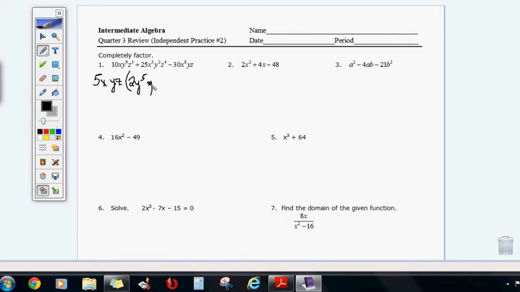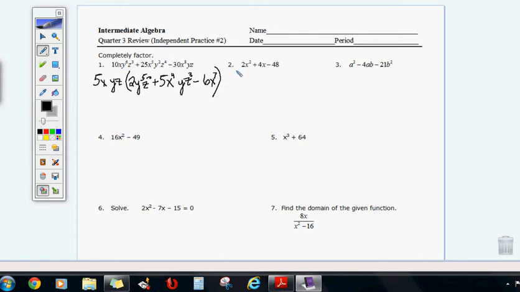I'm sorry, messed that up there. Let me back it up. 2y to the 5th power, and then we're going to have a z squared. And then we're going to have plus 5x to the 4th power y z cubed, and then minus 6, actually x to the 7th power. Don't need a y and don't need a z. All right, so what we have here is we got to make sure we can distribute back and get the